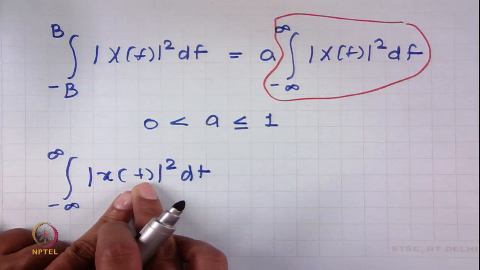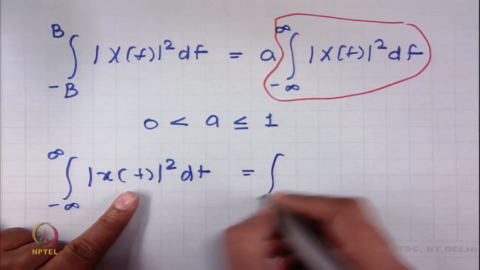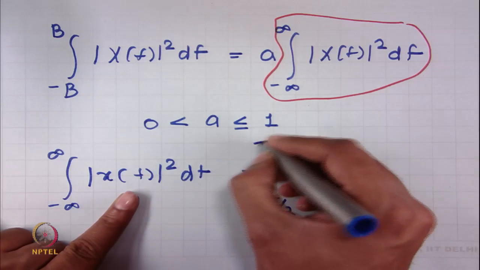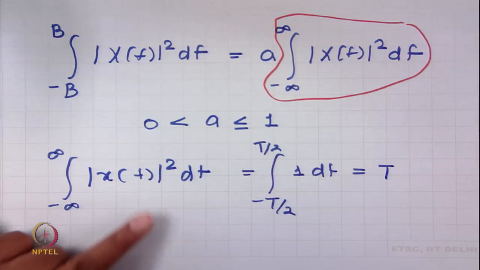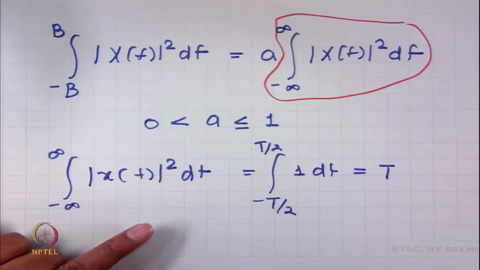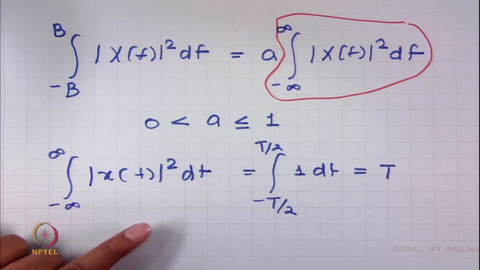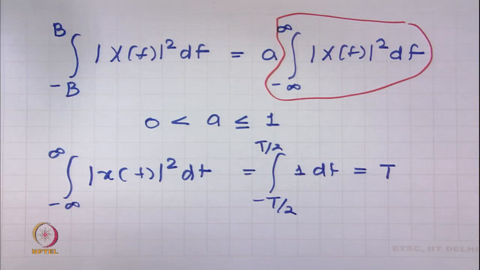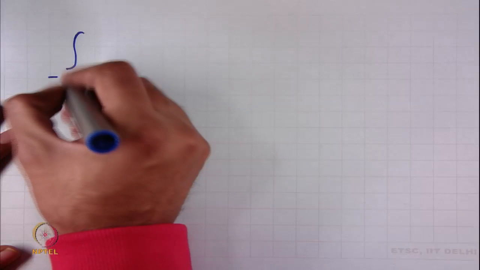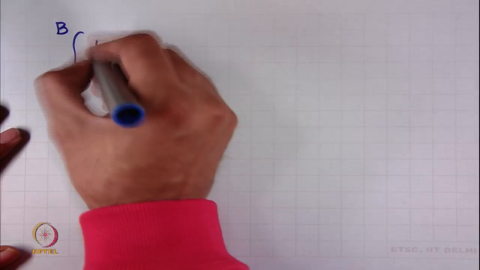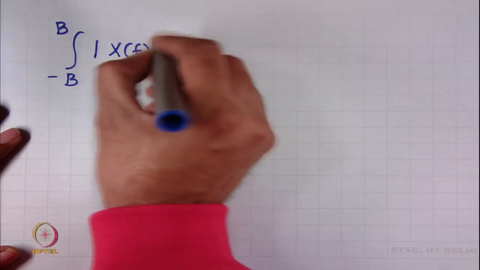So, it is 1 only between minus T/2 to plus T/2. So, I can simply go from minus T/2 to plus T/2, have 1 in here, and this would easily integrate to T. That means, I can think about the bandwidth by solving for this expression,